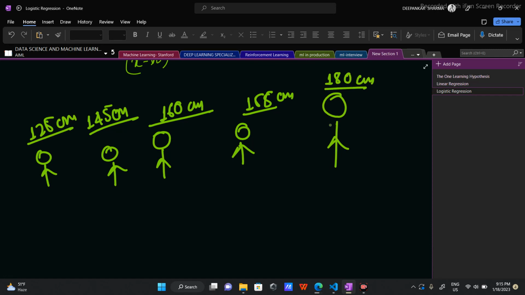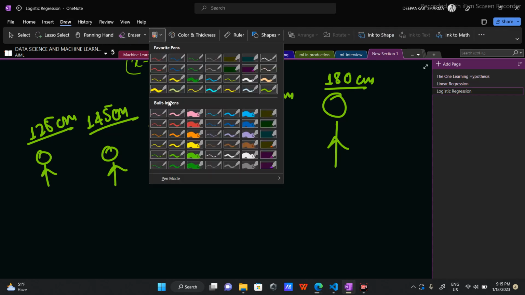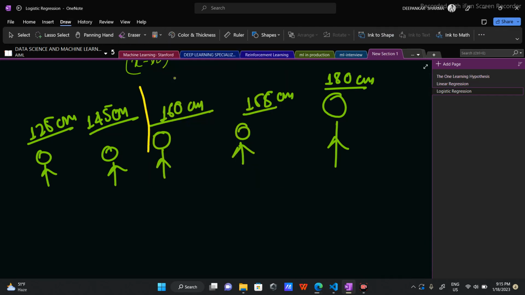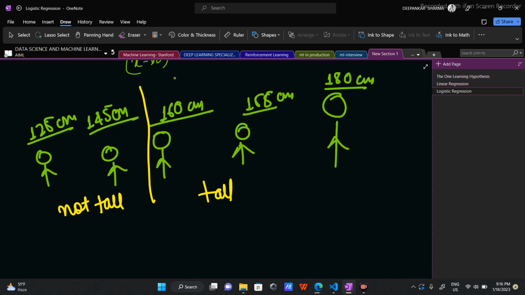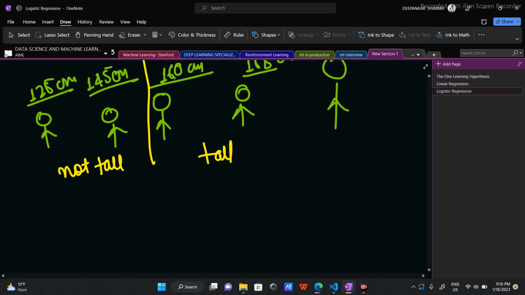So height is a relative term. If you go somewhere different, like some different country, they will have different standards for tallness. So height is something relative. So we'll classify it like this: after this they are tall, and this is not tall. So we have basically two classes. We could have taken a better example, like